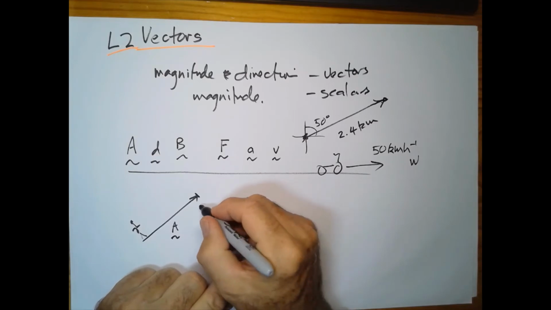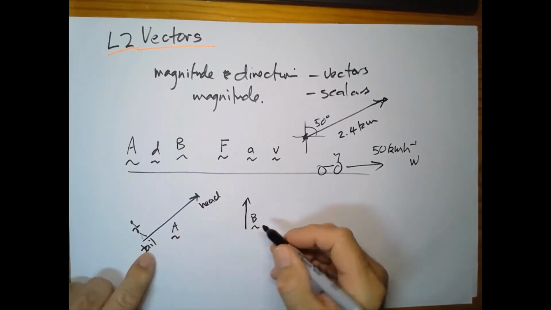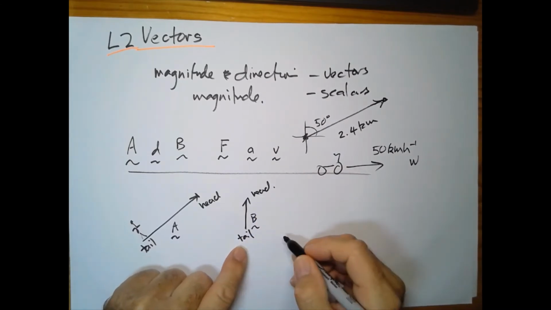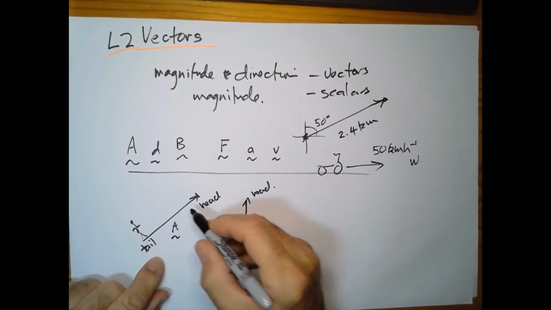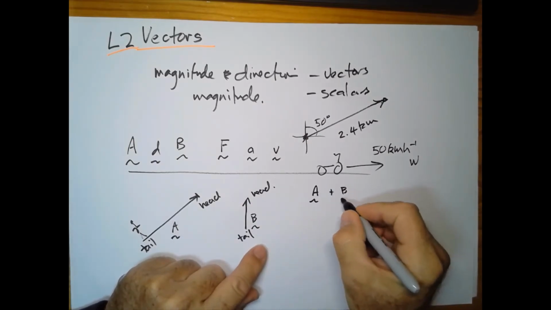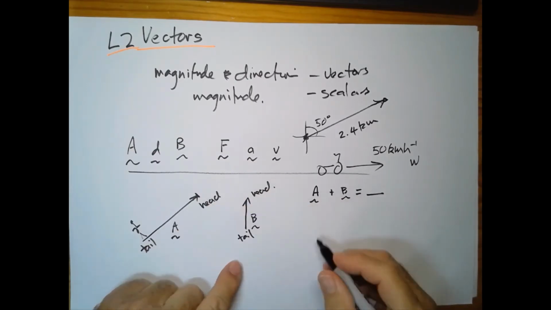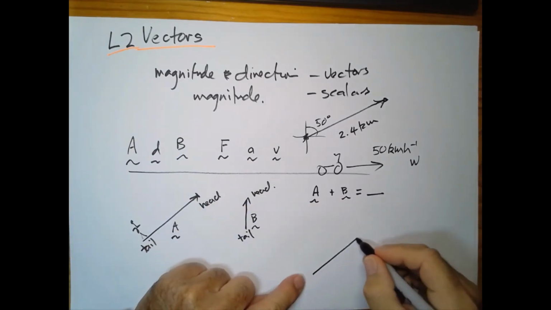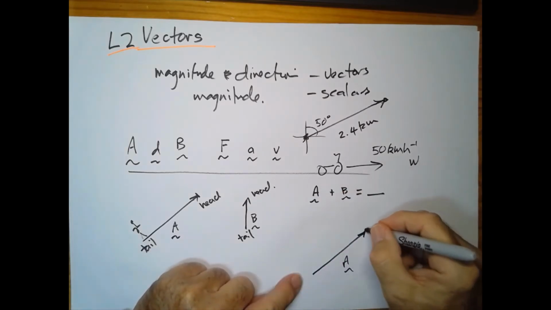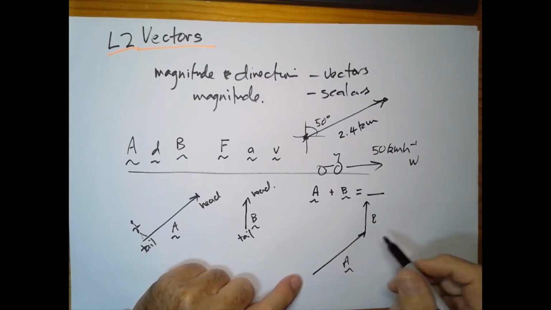Here's the head. The head has got the arrow on it. The tail we leave empty. Tail and head. The way we add vectors is tail to head. So let's add a plus b. Let's write this: vector a plus vector b is equal to, let's have a look, a plus b is equal to,